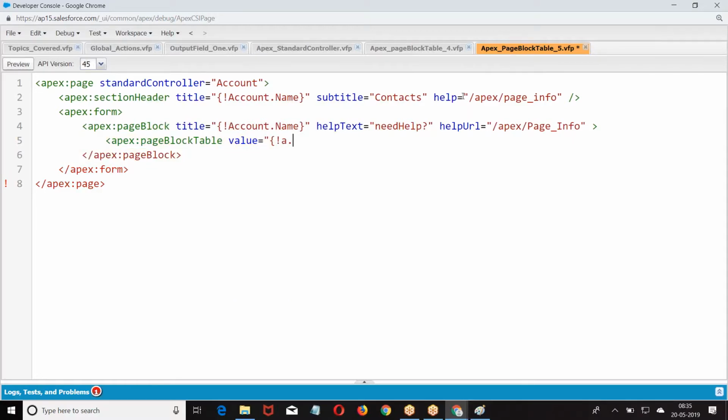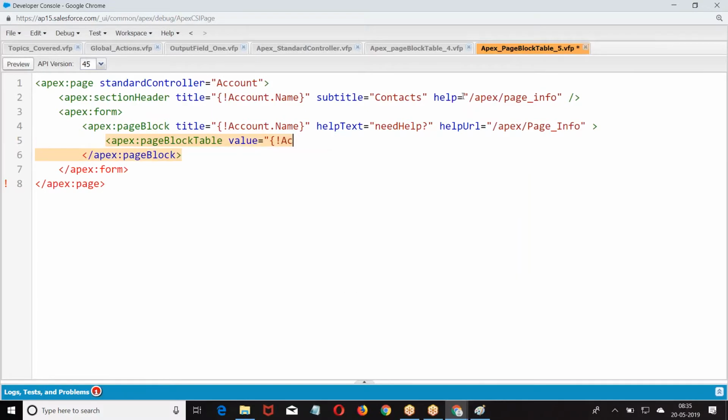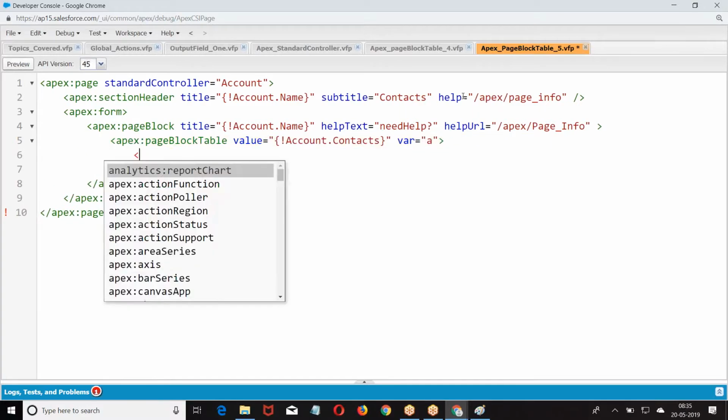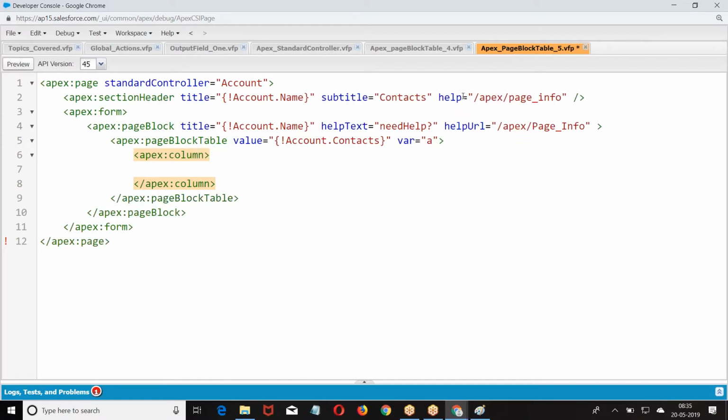Now what are we supposed to do? Value equal to account dot contacts, var equal to a. For a particular account, what are the contacts we have? There are contacts we have taken. Then in the first column, you want a checkbox. If you want a checkbox, what should I do? We have to go for facet.